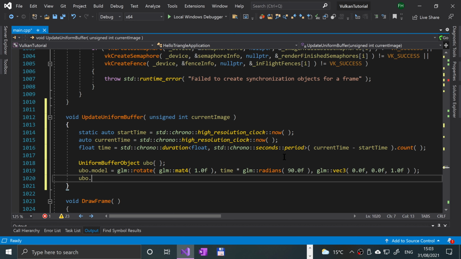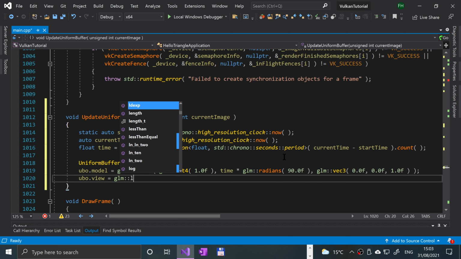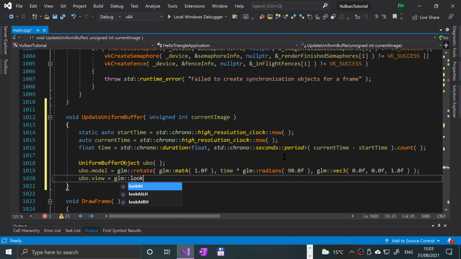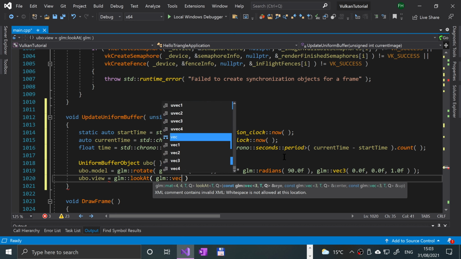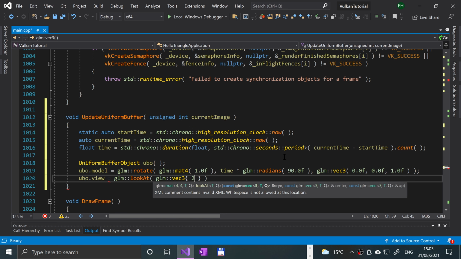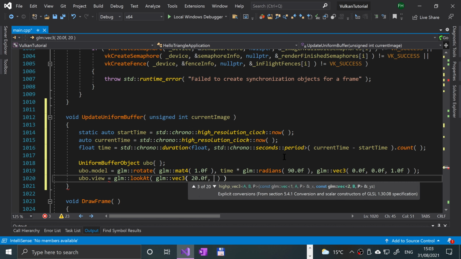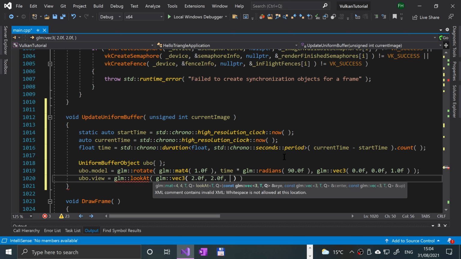Put ubo.view equals glm::lookAt(glm::vec3(2.0f, 2.0f, 2.0f),